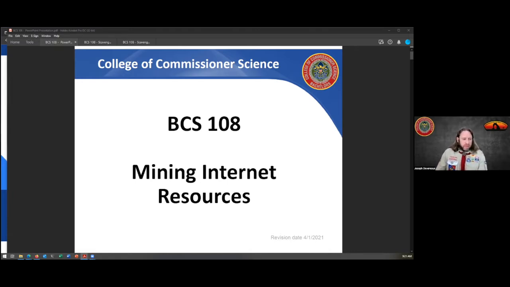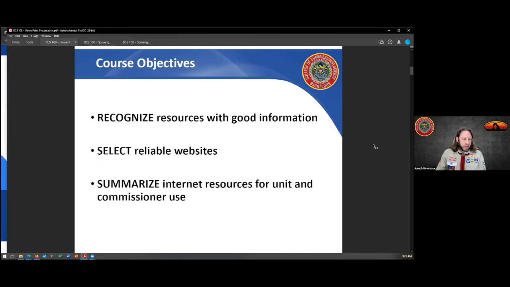We have lots of information on the internet. Some of it's correct, some of it's old and was correct, but has changed. So we're going to focus on how to get it correct and make sure we get the right information shared out there. Again, the focus is on recognizing those resources of good information, making sure that we use them and share them